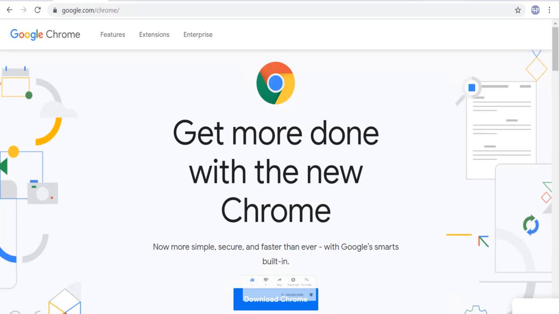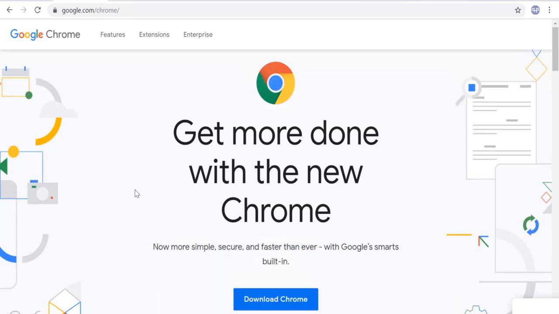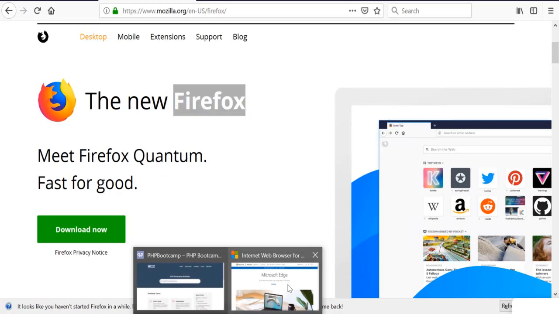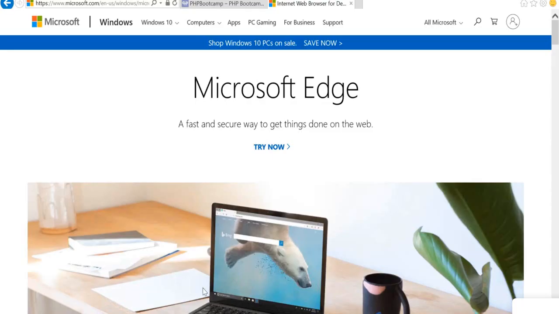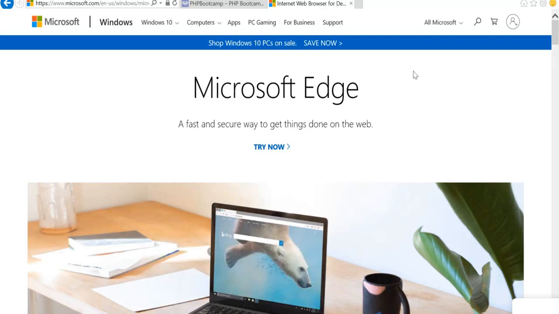So here are the three famous browsers. You can choose to have any one of them, and I prefer Google Chrome, and this is what we'll be using in this course as well. I recommend you try to use Google Chrome, but it's up to you. If you are comfortable using Firefox, you can use Firefox. If you're comfortable using IE, the decision is yours. Whichever browser you're comfortable using to view the HTML and CSS code, you can go ahead and install it, or if it's already available on your machine, you can start using it as well. So those are the three different browsers that you can use to execute the code.